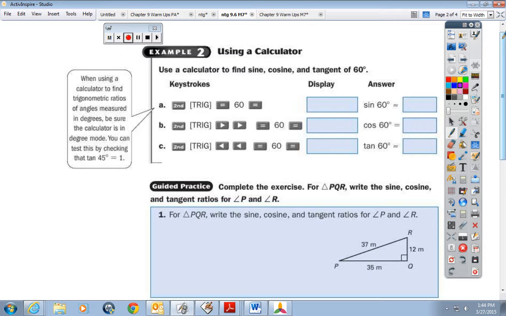Now, every calculator, you may have to push the buttons differently. I'll show you the calculator I've got on my computer. If you don't have a scientific calculator but you have a smartphone, there are several free apps that I found that are scientific calculators. If you have an iPhone, you don't have to download anything. All you have to do is go to your